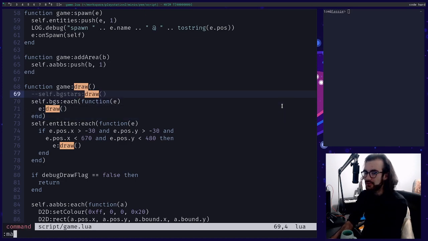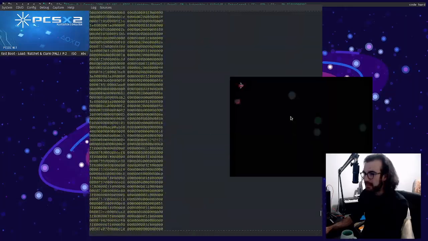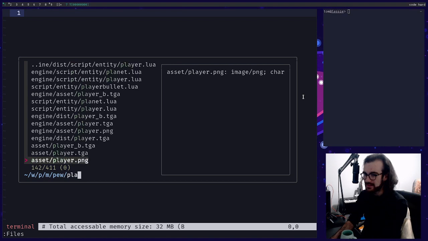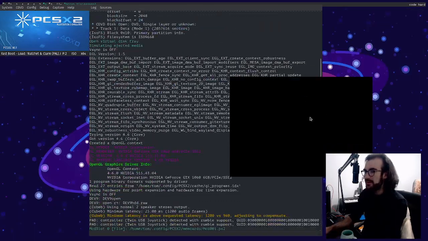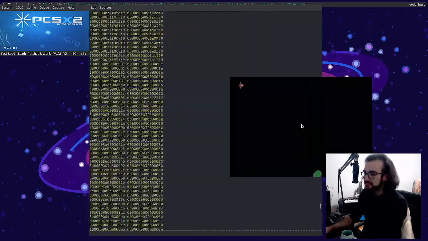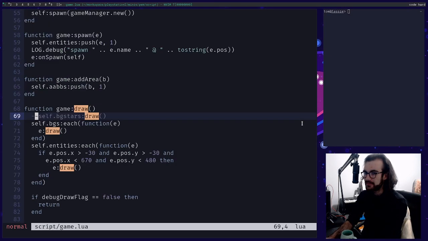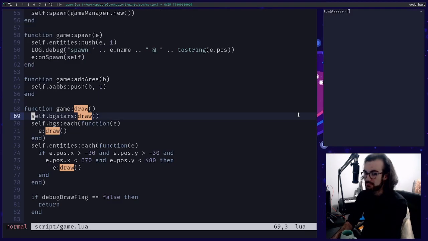For one thing, let's just not draw stars, because that's a lot of noise in our draw buffer. Okay, that works. Let's go back to our planets as well, and just make them a normal opacity. Make run. Look at this. Beautiful. There is a chance that that was just a one-off fluke, that drawing the stars is actually not a problem. And no, it is. Okay.